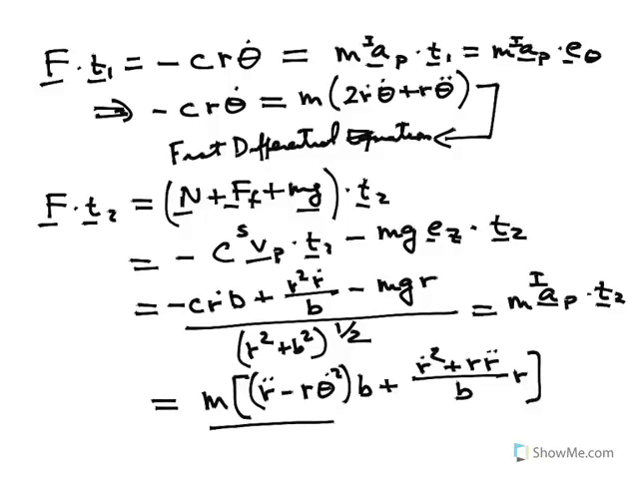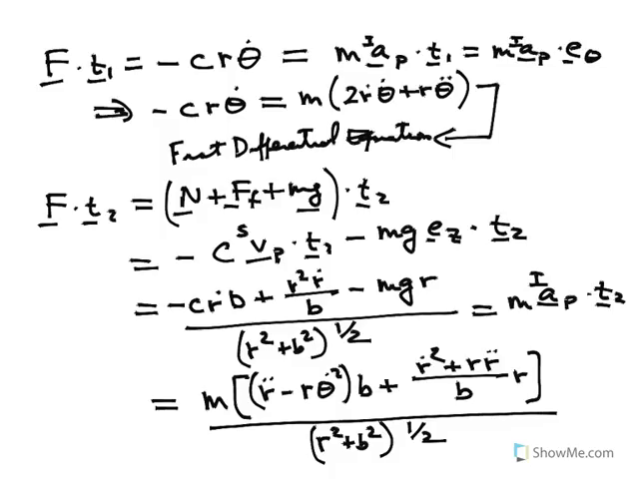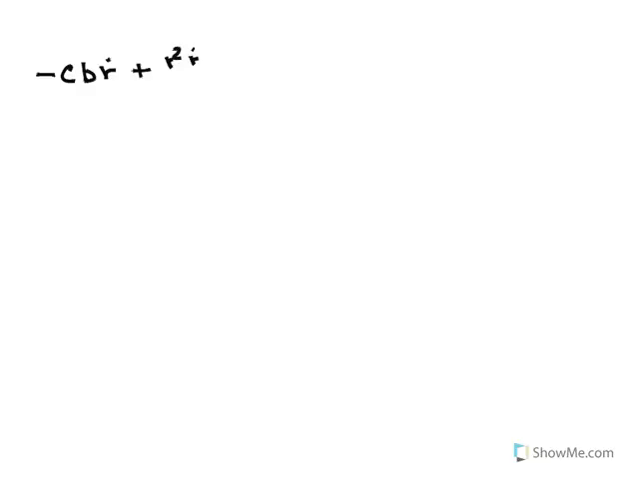And then I'm dividing this whole thing by r squared plus b squared to the 1/2. So my second differential equation, if I simplify it, because everything here is being divided through by that r squared plus b squared, I get the second differential equation, which gives me minus c times r dot times b. And then I've got plus r squared r dot all divided by b, and then minus mgr, and that has to equal what's on the other side, m times r double dot minus r theta dot squared times b, and